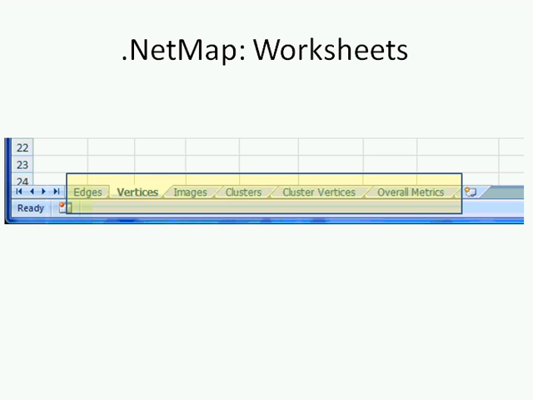If you have metadata about the nature of the edge or the relationship, that would go on the edges worksheet. The images worksheet simply is a place to store pointers to an image file, a JPEG, a PNG, or a bitmap that represents the node. We wanted to do this for the kind of thing that you might do with, let's say, an analysis of Facebook, where you wanted to actually put the picture of the person in place of the node.